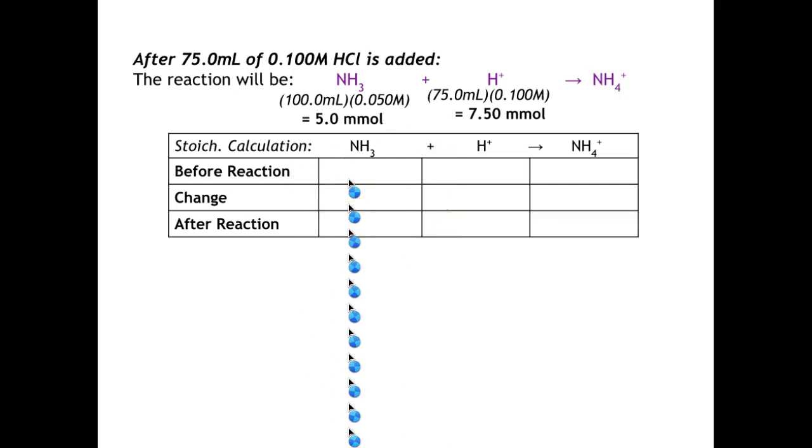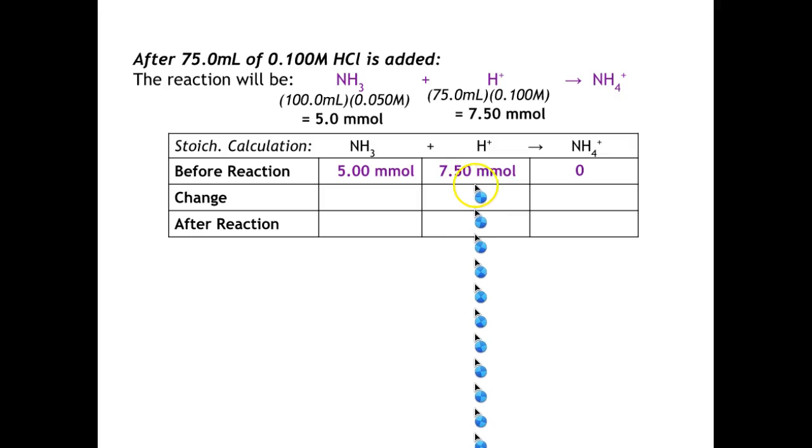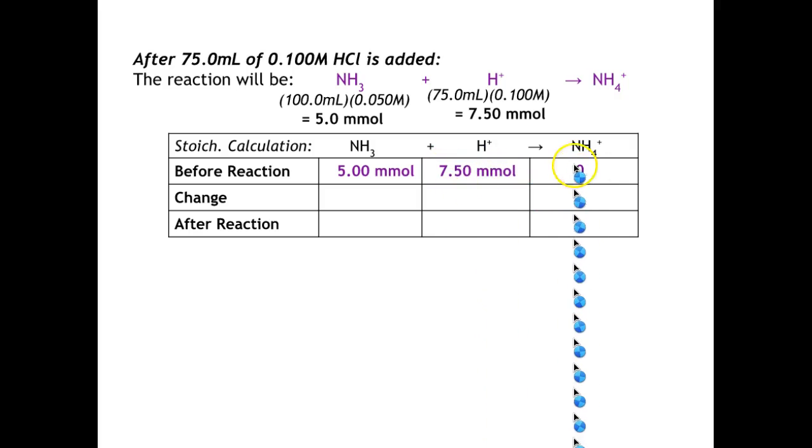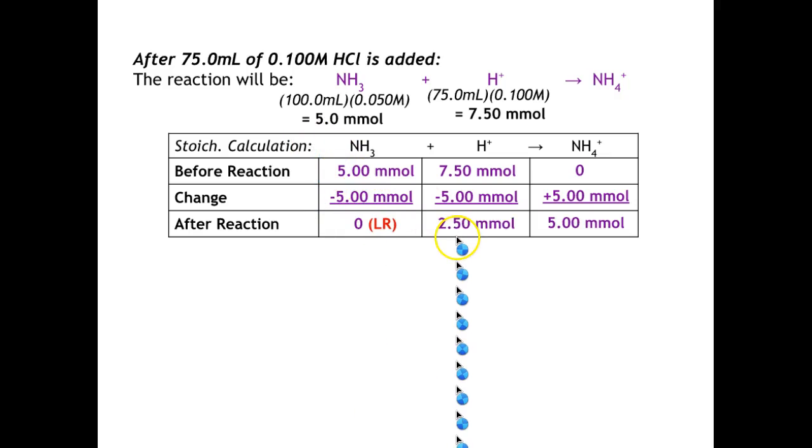So we have of our ammonia, 5 millimoles, and 7.5 of our acid, and 0 of our conjugate acid at this point. The change, so this time it's going to be ammonia that is our limiting reactant, which means we're going to have some excess H plus ions in our solution,